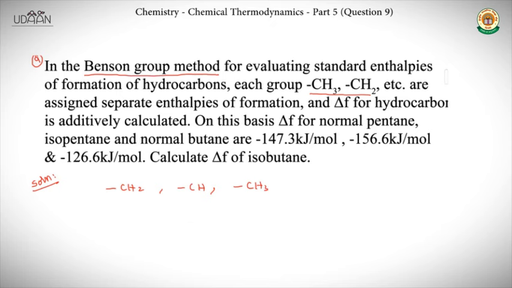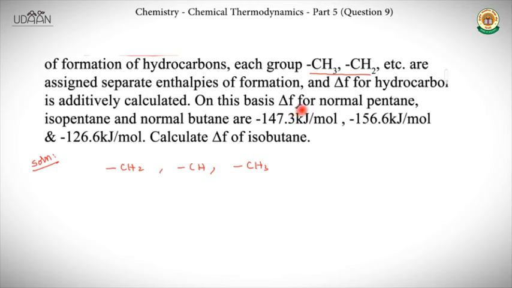See, in the question they gave delta F, that is heat of formation, for normal pentane. So what is normal pentane? CH3, CH2, CH2, CH2, CH3. Five carbons, pentane means a 5 carbon chain. So it is CH3, 3 times CH2, and CH3. Let me name it delta F1, and delta F2